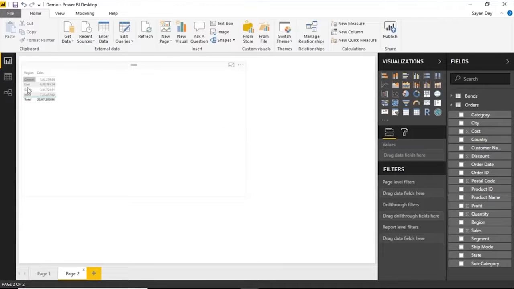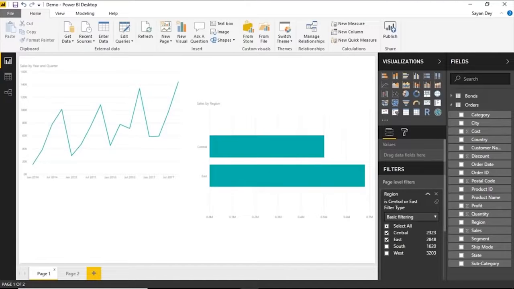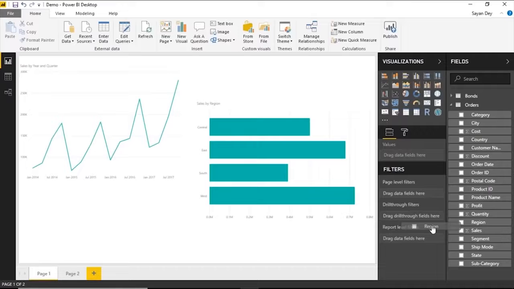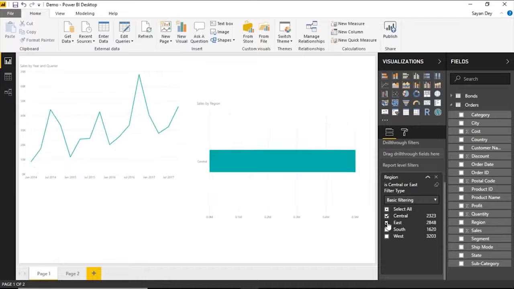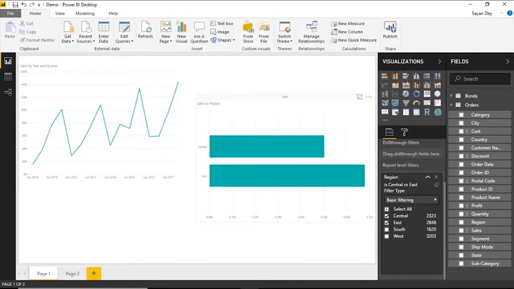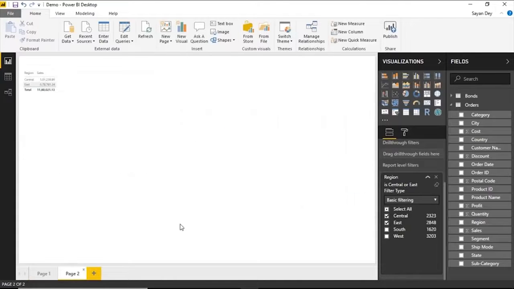Okay, finally, if you want to implement that, you can implement something called a report level filter. I can remove the page level filter and then take the region in the report level filter, which means that all the pages in that report will basically have that filter. And here I can go back and include central and west, and see in the first page, obviously it will be filtered, but because it's a report level filter, if you go to the second page also, you will see that